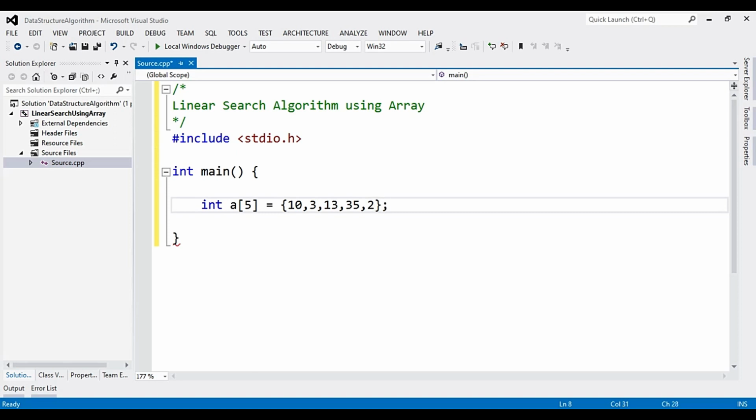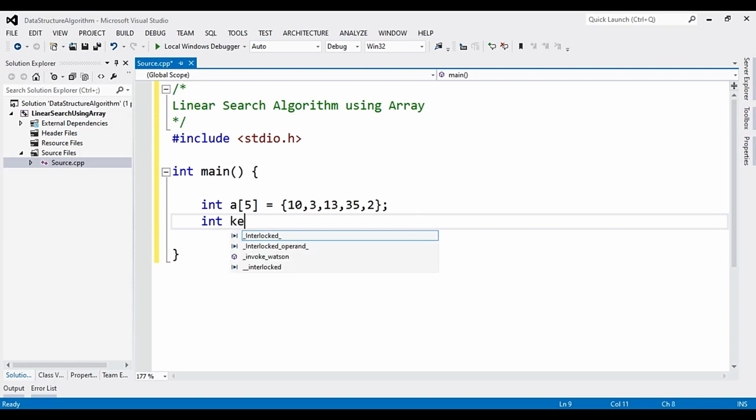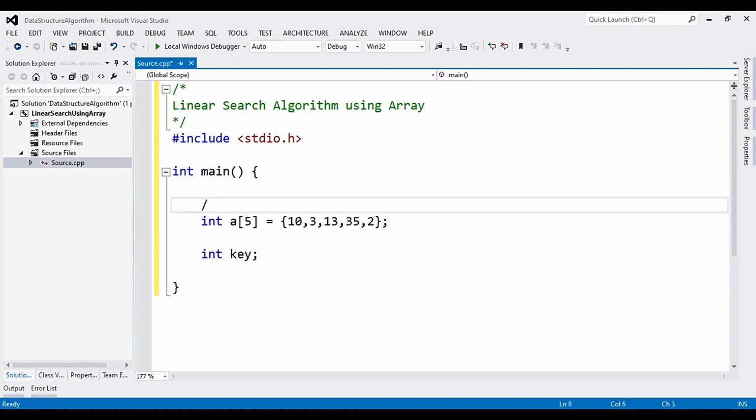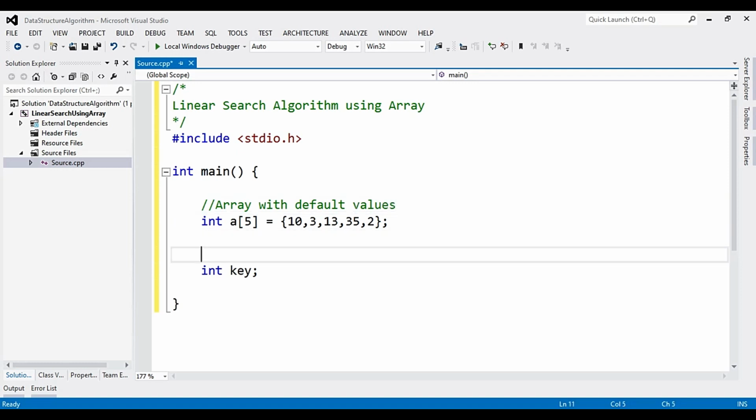I've got some random values in the array, and let's declare a key element and we'll accept this value from the user. So we have an array with default values, and the key will be accepted as user input.